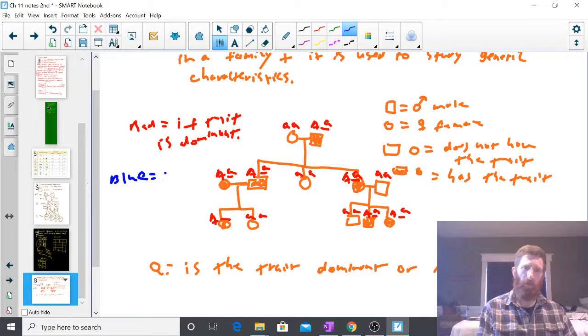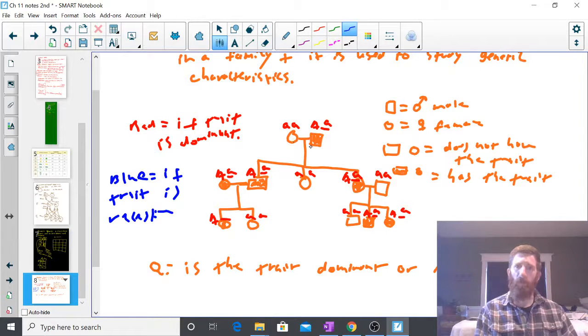if the trait is recessive. Okay, so if the trait is recessive, I'm going to write these letters below the individuals. So if the trait is recessive, then those individuals with the trait have to be recessive, and those individuals without the trait can be big A blank, right? So recessive, little a has a son. Recessive, little a. So if that's little a, then we know that mom has to be big A, little a,